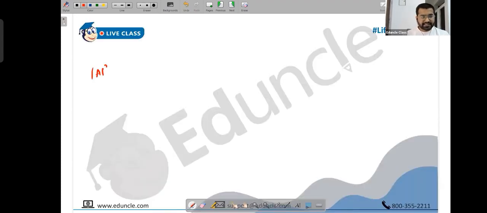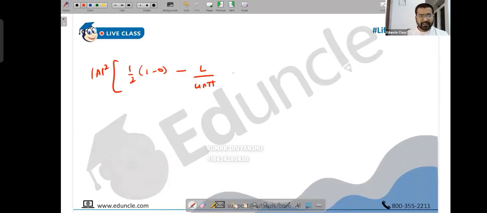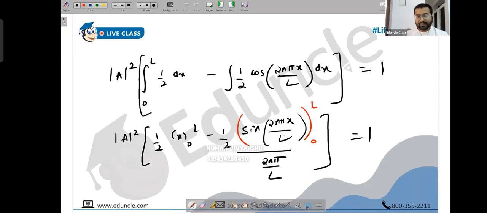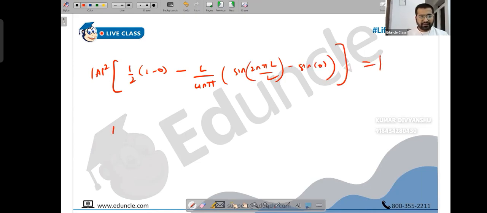Okay. So mod A squared times half into upper minus lower. That's L minus 0, half into 2 n pi, and L goes in the numerator. So L upon 4 n pi into upper minus lower: sin of 2 n pi L by L minus sin 0. This is 1. So we have mod A squared into L by 2 minus L upon 4 n pi